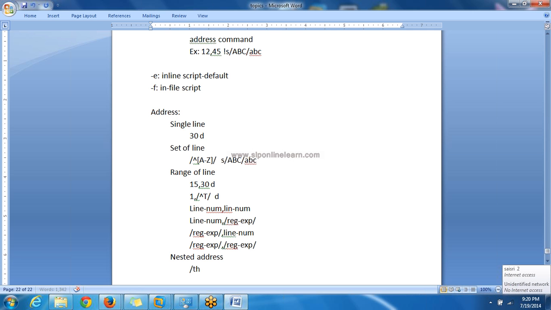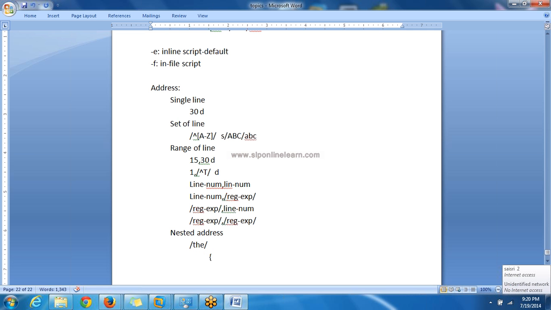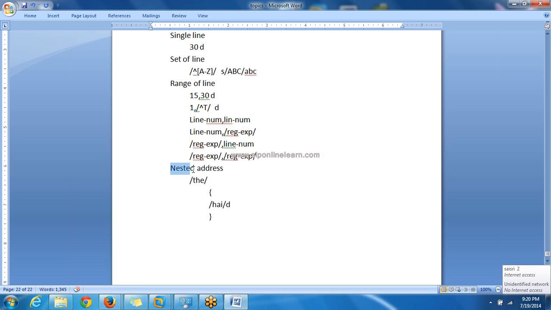Suppose take this example. There is some regular expression, like searching for THE. Whenever this is found, I am nesting some other regular expression, along with a command. So this is one example of a nested address. From the input file, it will take the first line and the regular expression will be applied.